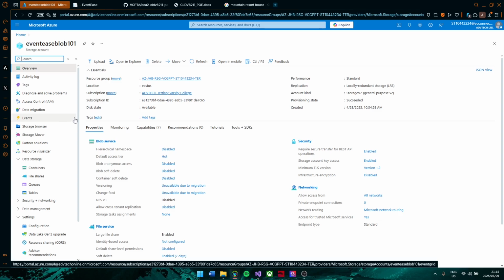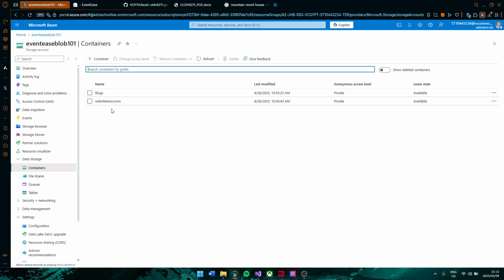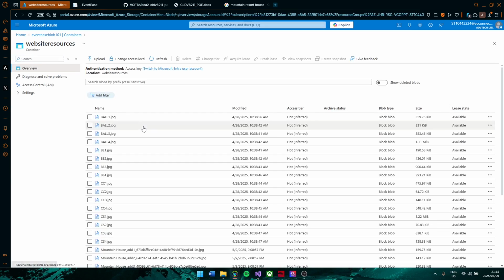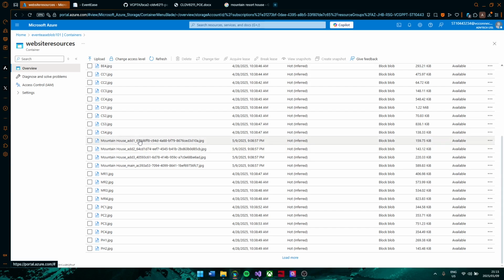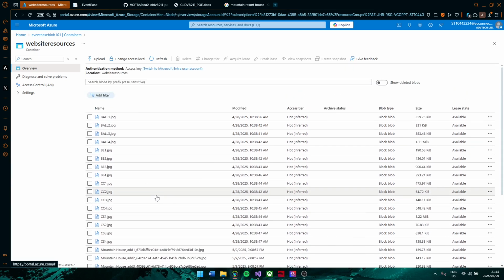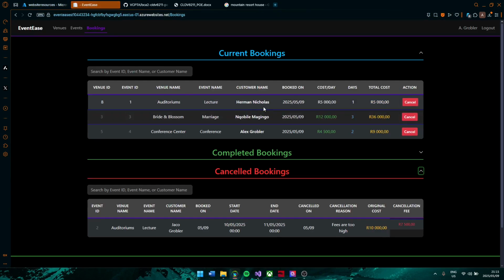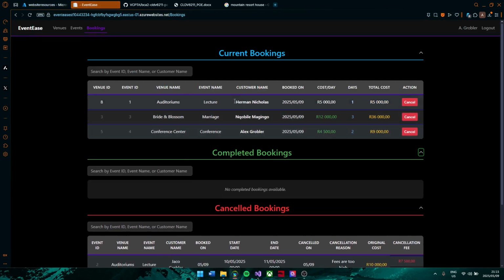We go over to our containers, and then you'll be able to see that we do have quite a few images that have been uploaded. These, Mountain House is what we have just added earlier. All the rest is already with the current venues. Other than that, that is all for today, and I'll only be able to see you guys again tomorrow, but for you it will just be a quick cut to display that indeed one of the current bookings has automatically moved to completed bookings, namely this lecture at the